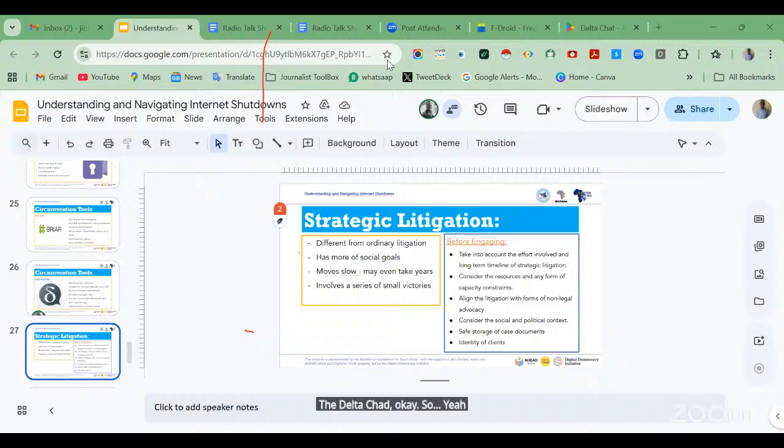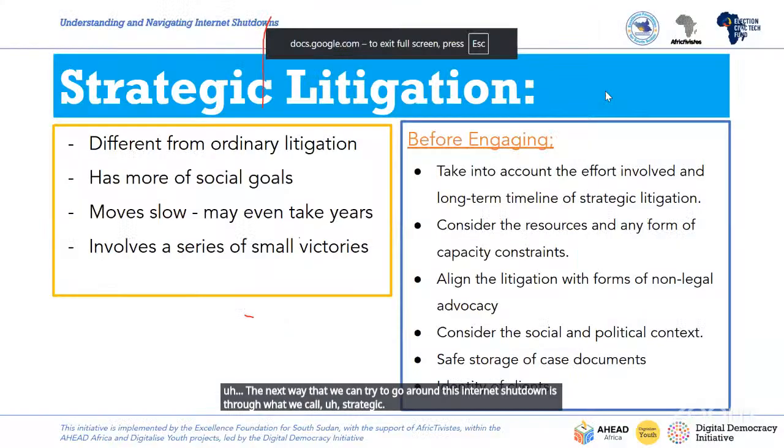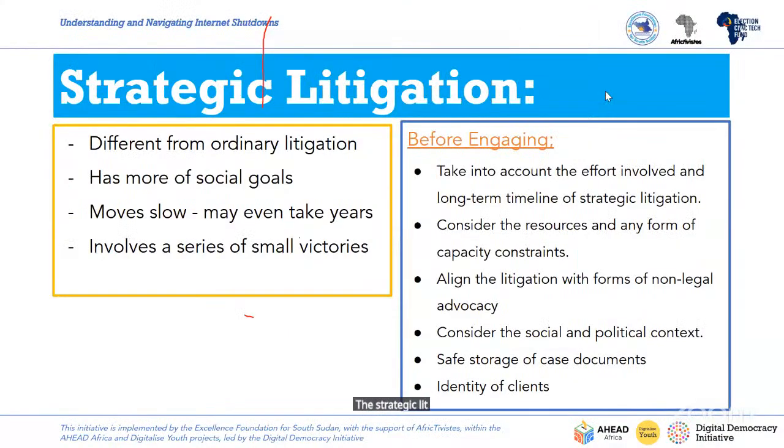So at your free time, you try to explore some of these apps, and then the next way that we can try to go around this internet shutdown is through what we call strategic litigation. Strategic litigation is different from ordinary litigation.